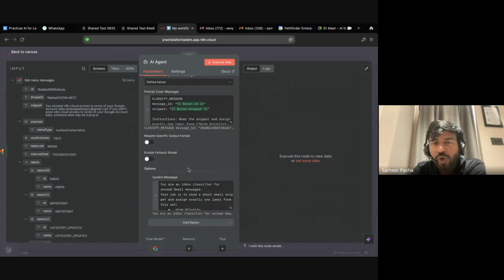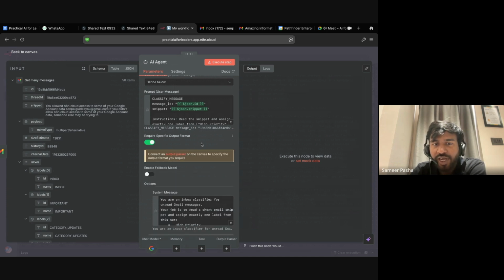Now the most important thing, two things. One is require specific output format. What this does is it forces the AI agent to give the output in a very defined format, rather than random formats, random headings, random outputs. Second is enable fallback.